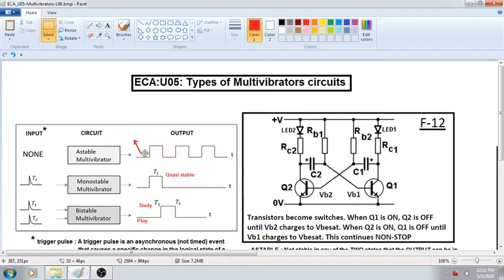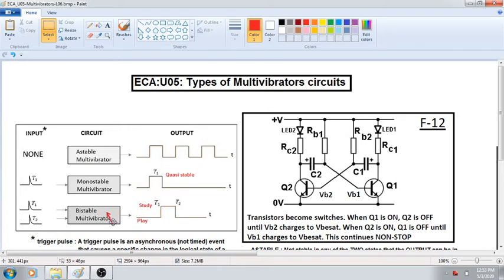I am giving all these examples for you to have a quick idea about what we are trying to deal with. Similarly, in electronic systems also, we need to generate outputs like this. Sometimes we need to generate an output which is continuously low for some time and then goes high for a fixed time. If such an output is required, we have to use a circuit called an astable multivibrator. Now if I want a circuit which generates a fixed pulse, but it won't remain there, it will come back on its own to the stable state, I will use a monostable multivibrator which requires a single trigger pulse.